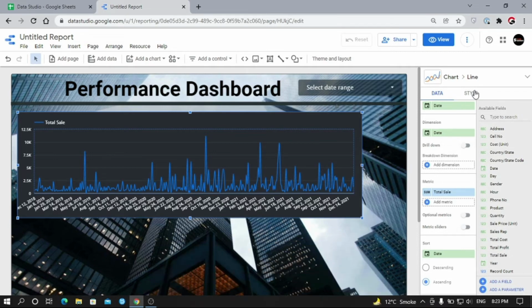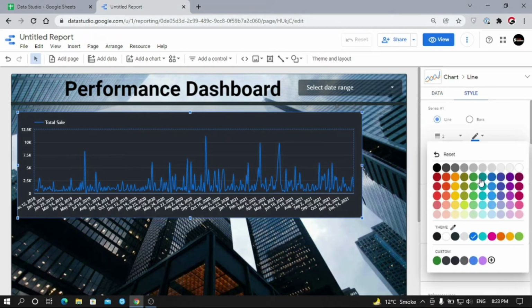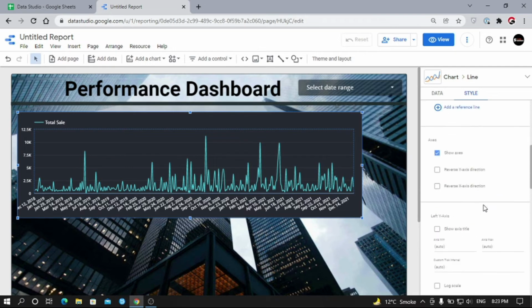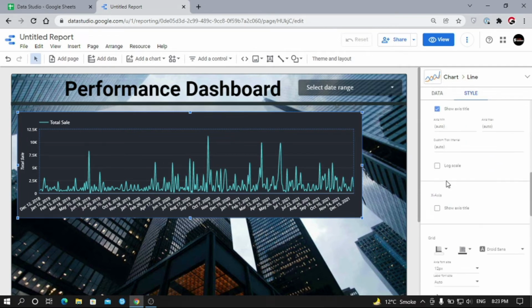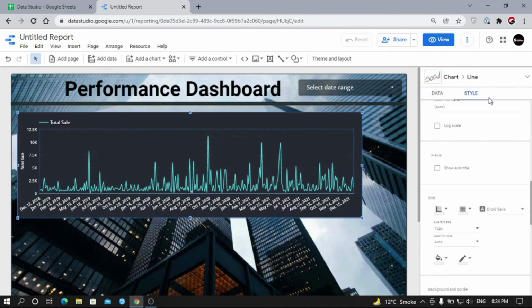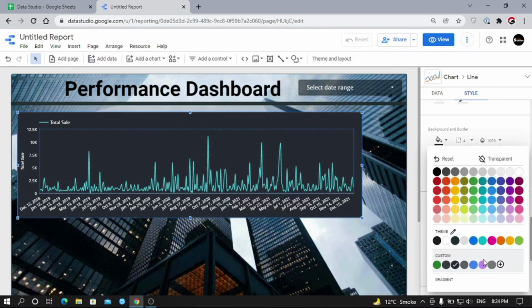Let me do some formatting. The line color should be this. Y-axis should show the title. Grid color should be transparent. Background should be black with 50% transparency.